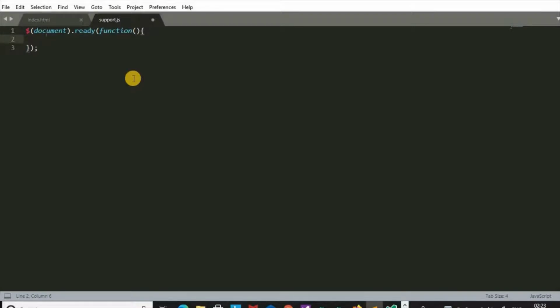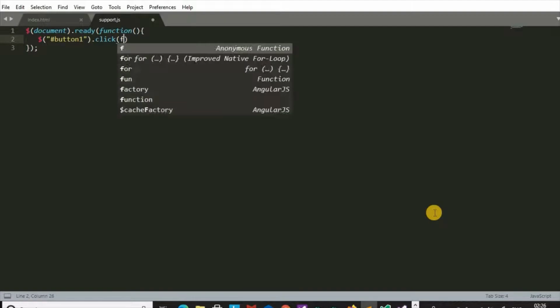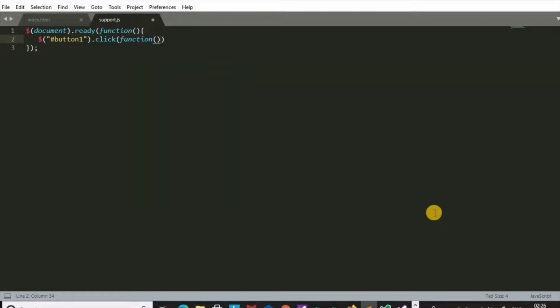In the ready function of jQuery, first we need a click event for button 1. After clicking the button, we want to see the fadeIn effect on the heading.